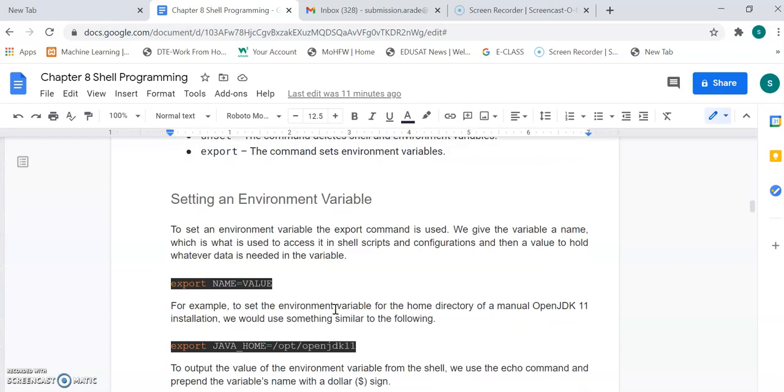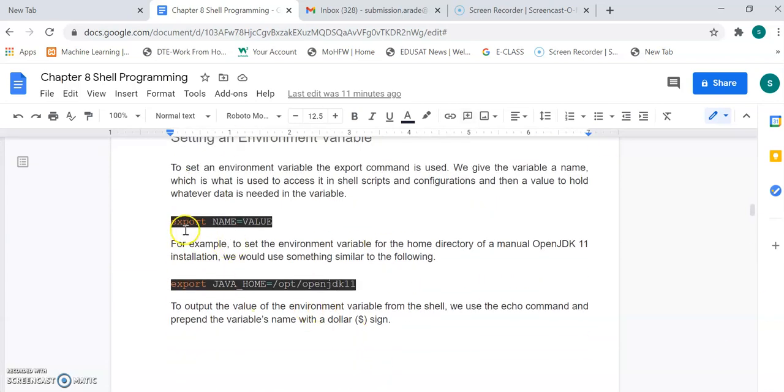Let's see one example of how to set an environment variable. While setting an environment variable, you have to use the export command after setting. So export, then name is equal to value. The example is given for JAVA_HOME. Suppose we want to set JAVA_HOME as the name, and in JAVA_HOME we are storing that particular path